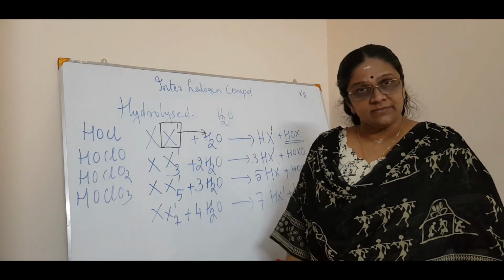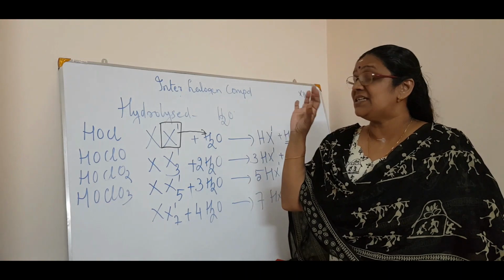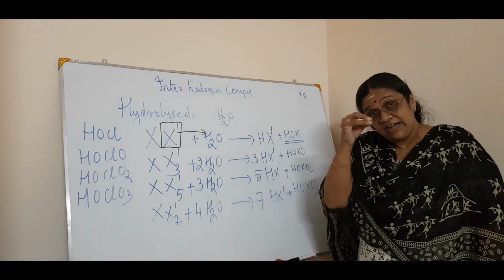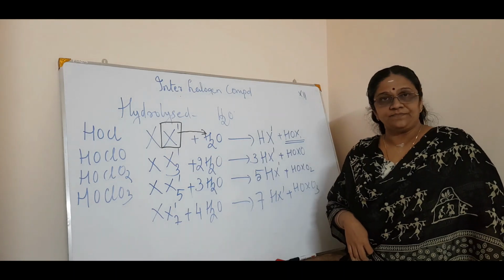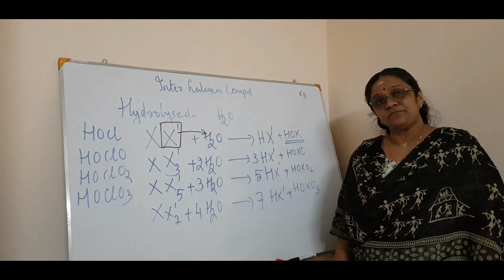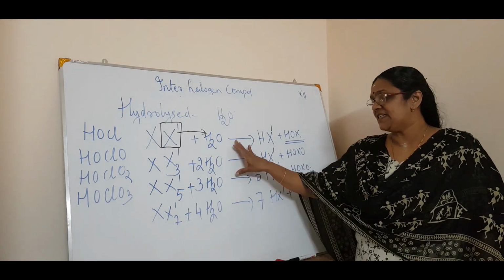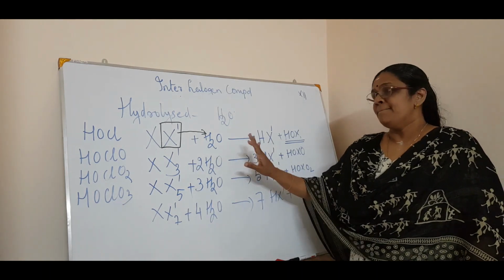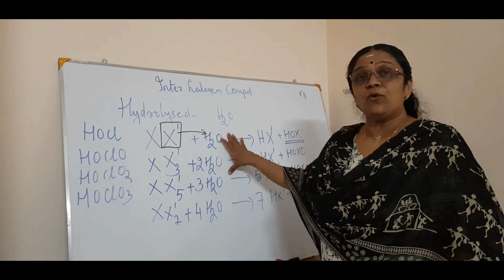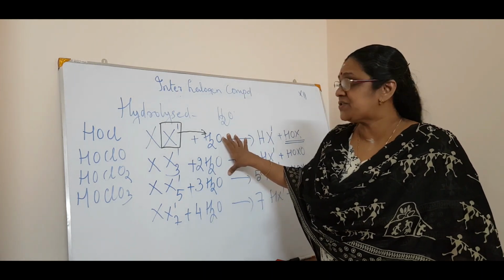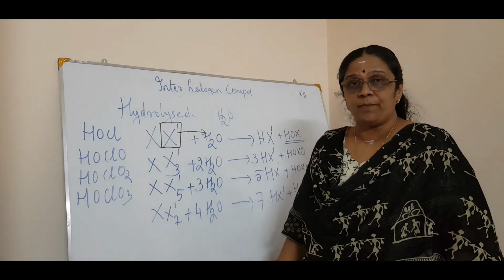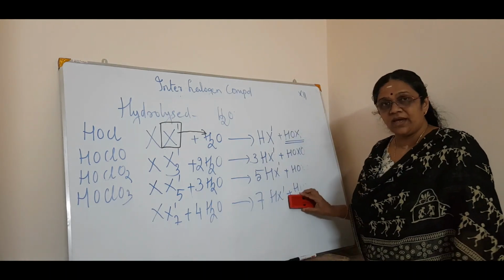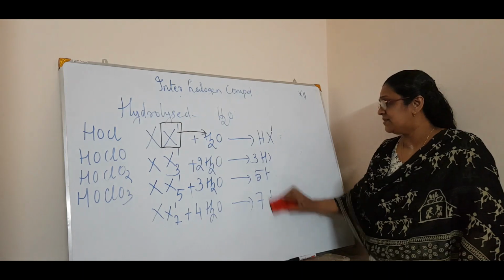Okay. So this is about the reaction with water. That means the interhalogen compounds are very well hydrolyzed. They can very readily react with the water. So this is the explanation, or this is the reaction for this. Hope it is easy for you, right? Now we will see one more thing, the structure of interhalogen compounds. Okay. Now when you talk about structure, is it okay? Shall I rub this? Okay.